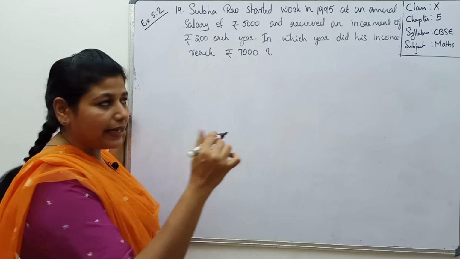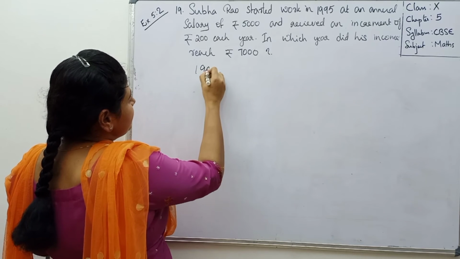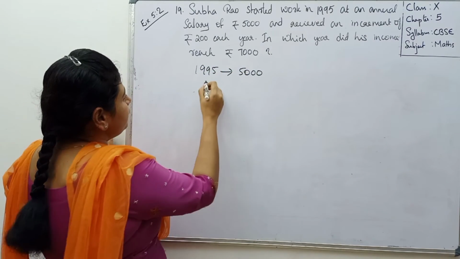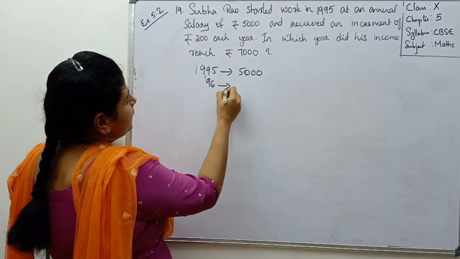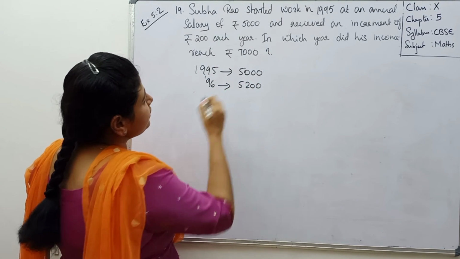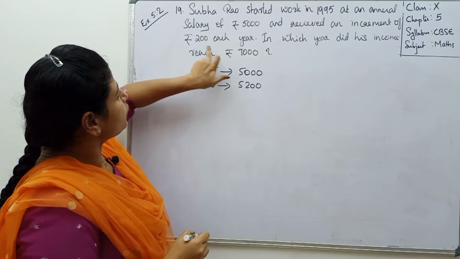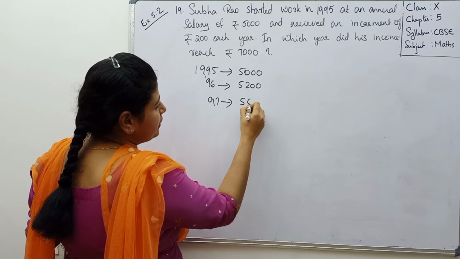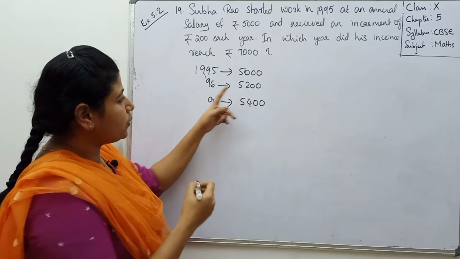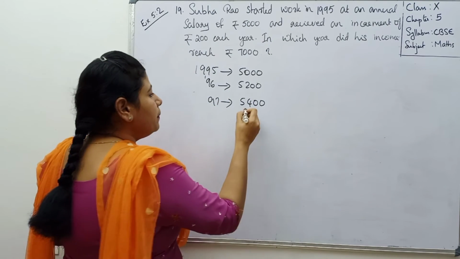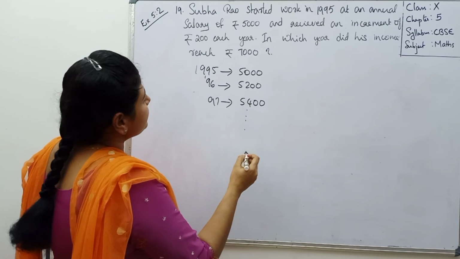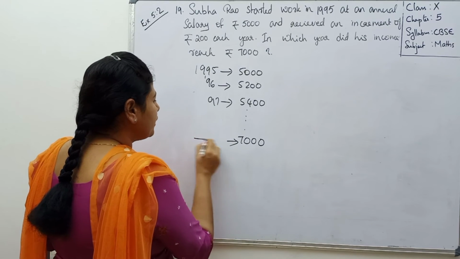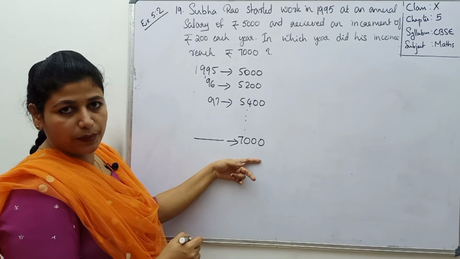1995 ശുഭ റാവുവിൻ്റെ ആനുവൽ ഇൻകം എന്ന് പറയുന്നത് 1995 which was 5,000 rupees. Okay. Then in 96 it will be 5,200. Every year he is getting an increment of 200 rupees. Okay. So in 97 also she is getting the same increment. That means it will be 5,400 plus 200, 5,400. By doing like this, we will get on some year which is 7,000 rupees. So we have to find out in which year he will get this 7,000 rupees that we have to find out.